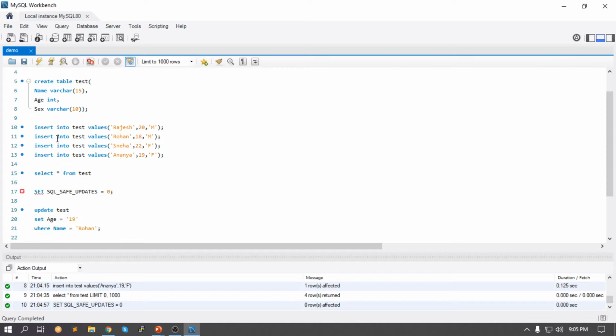It's not as easy as double clicking and editing, guys. So you need to put in queries, and that's why we call it a structured query language. And as you guys can see, it is extremely simple. So let me quickly zoom in a little in case you guys are watching this on your mobile or something. So here is the query for updating it.